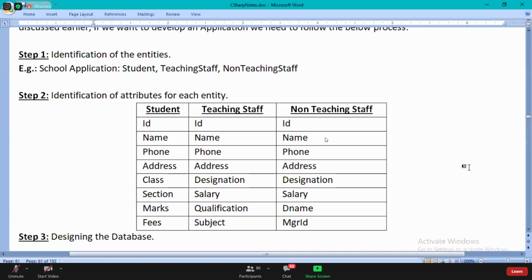Okay. So that's the important thing. Everything can be defined in the form of a field. Okay, guys. Now, just understand this one. How many attributes is every class going to have?